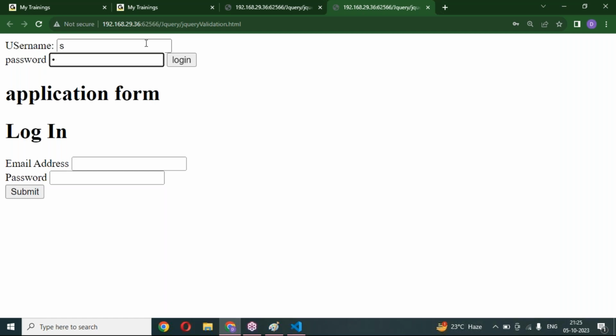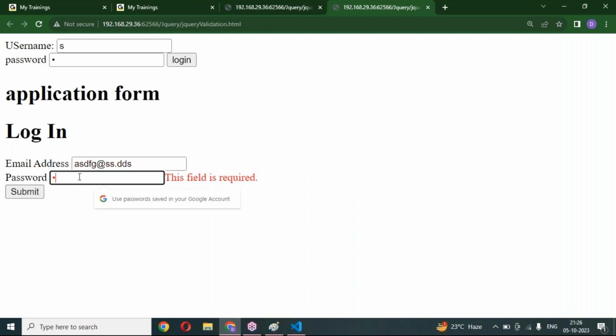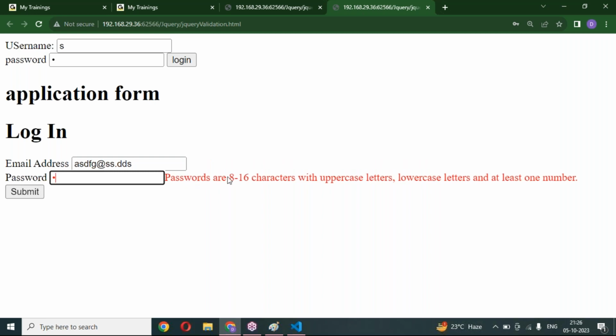It is asking only that the input field should be filled. But now if you submit your application form, it starts giving an error until I enter a valid email ID format. See, one more letter, one more number, if I enter, invalid. Password, 8 to 16 characters, uppercase, lowercase,